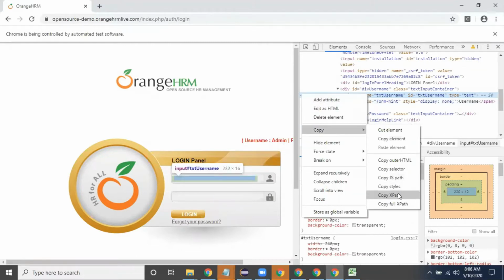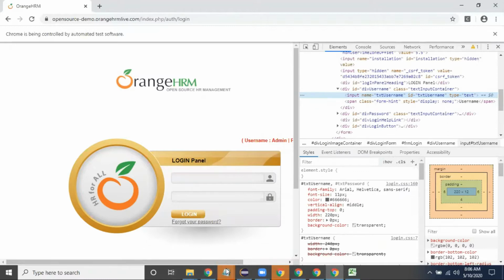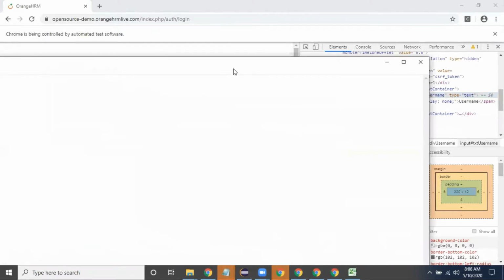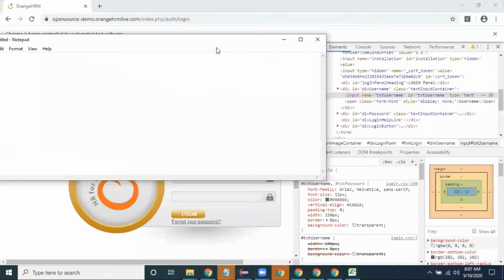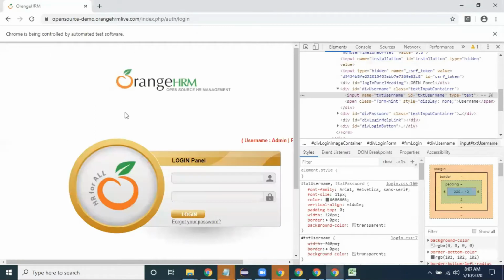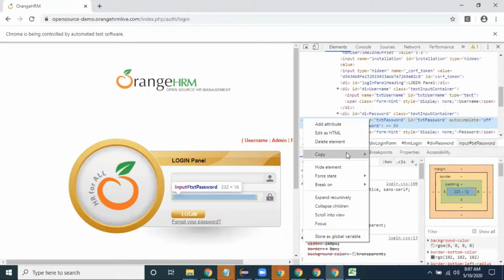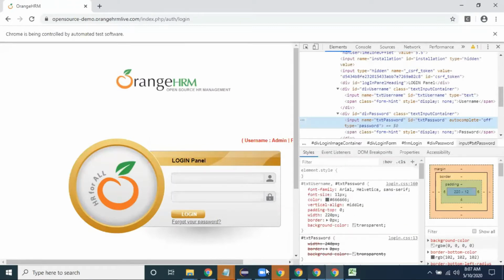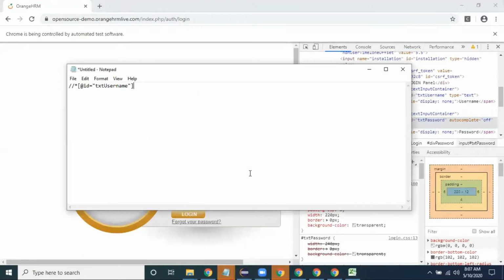This is the XPath we are taking every time. Here I inspect, and here also I'm taking copy XPath. So like this, I'm taking the XPath.